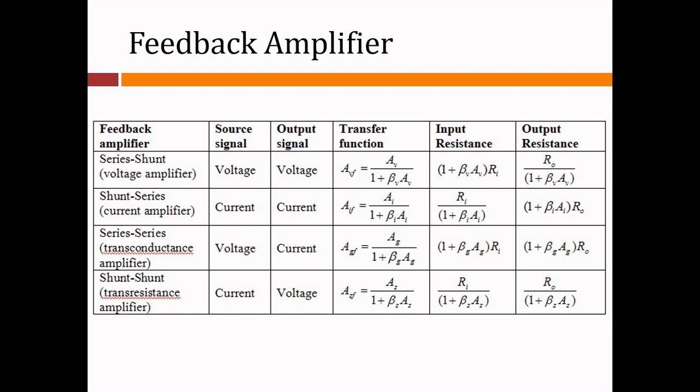When the feedback voltage or current is applied so as to increase the input signal, it is referred to as positive, direct or regenerative feedback. Since positive feedback causes excessive distortion and instability, it is seldom used in amplifiers. However, because of its capability of increasing the power of the original signal, it is used in oscillator circuits.